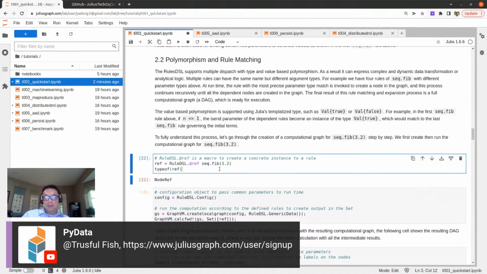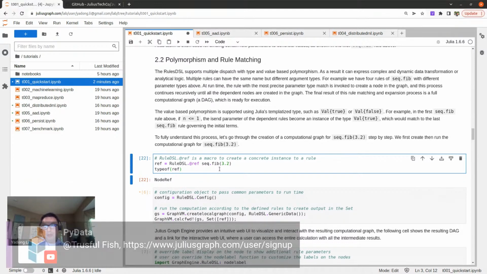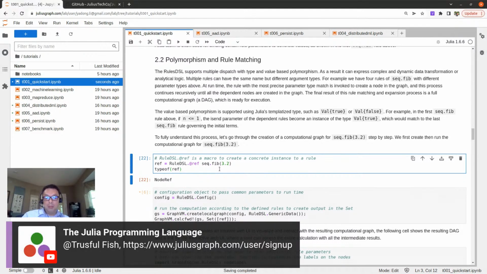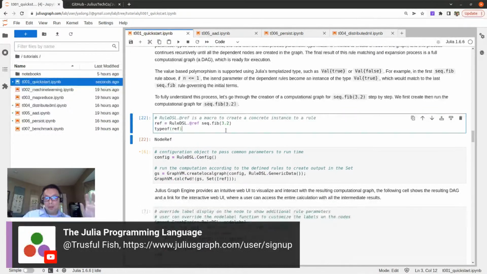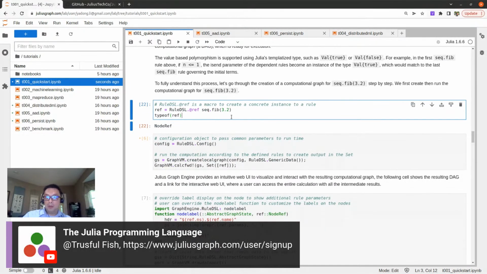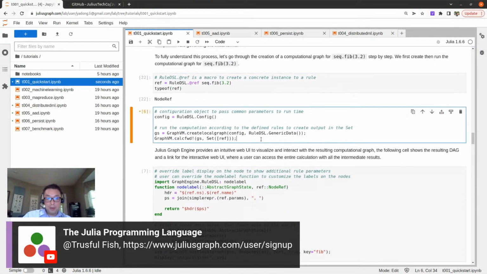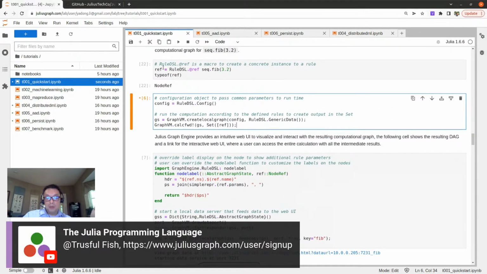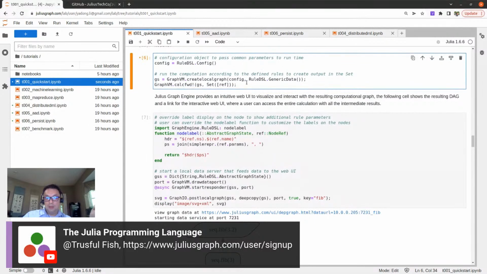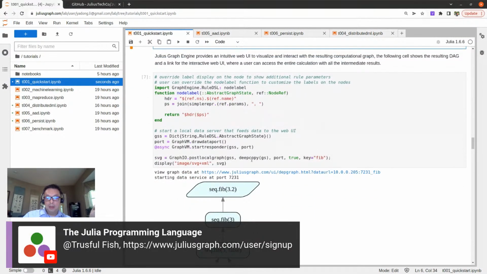So this uniquely identifies a node in the graph, because if you have two nodes with the same rule and same parameter, they are the same. It's really the same node. It should only exist once in the graph. It should not have duplicates. So we guarantee that there are no duplications. And this is a very straightforward way of assigning names to all the rules in your graph. It's tied to the rule DSL definition. It's very convenient because it allows you to name any arbitrary rules and nodes in the graph. So once we have this reference defined, we just call these two functions to get a graph output,